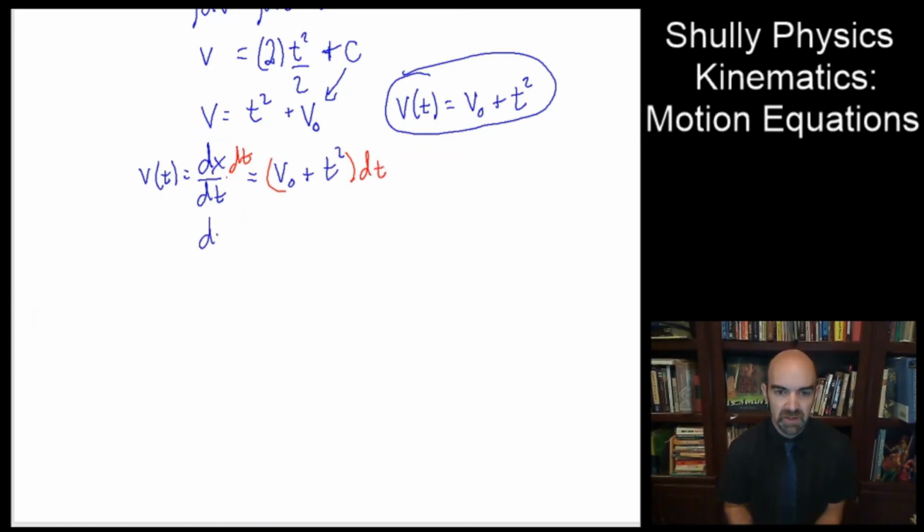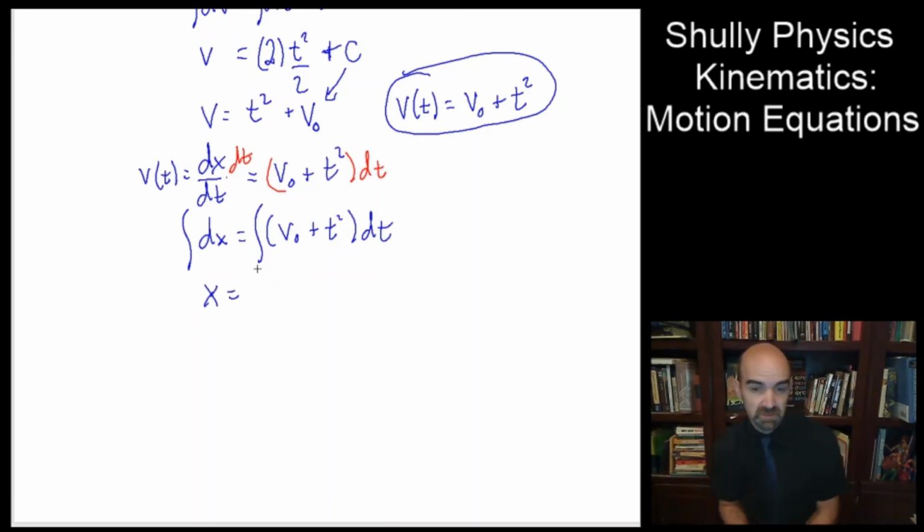And that gives us dx equals v0 plus t squared dt. I'm going to drop my integral sign on both sides. We get x equals, so position at some time, equals integral of a constant dt would be v0 times t. We're going from a t to the 0 power, which is 1, that makes it invisible here, to a t to the first power, plus t squared becomes a t cubed divided by 3, and we can't forget our plus